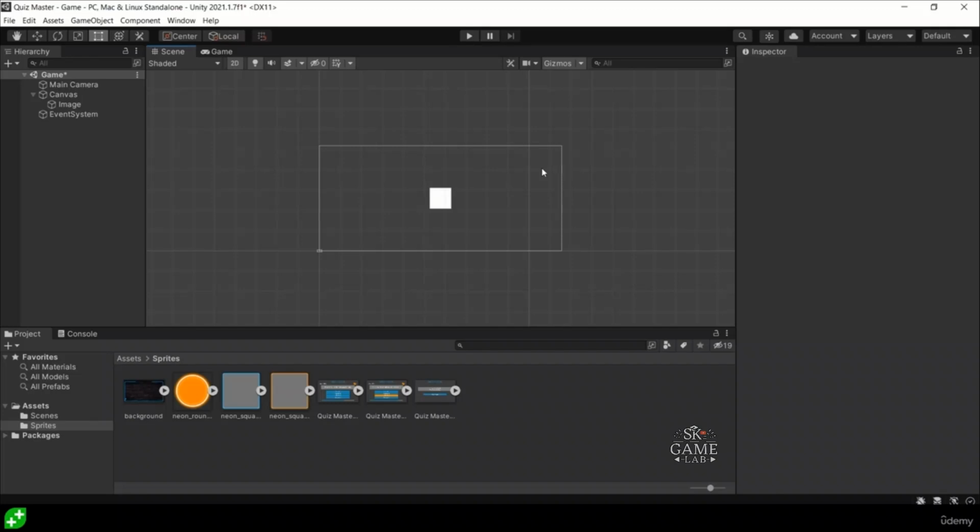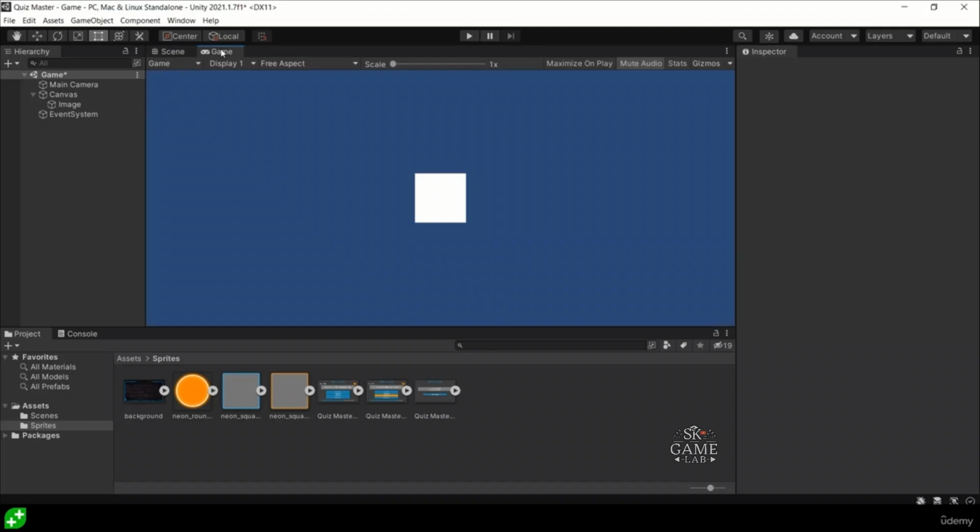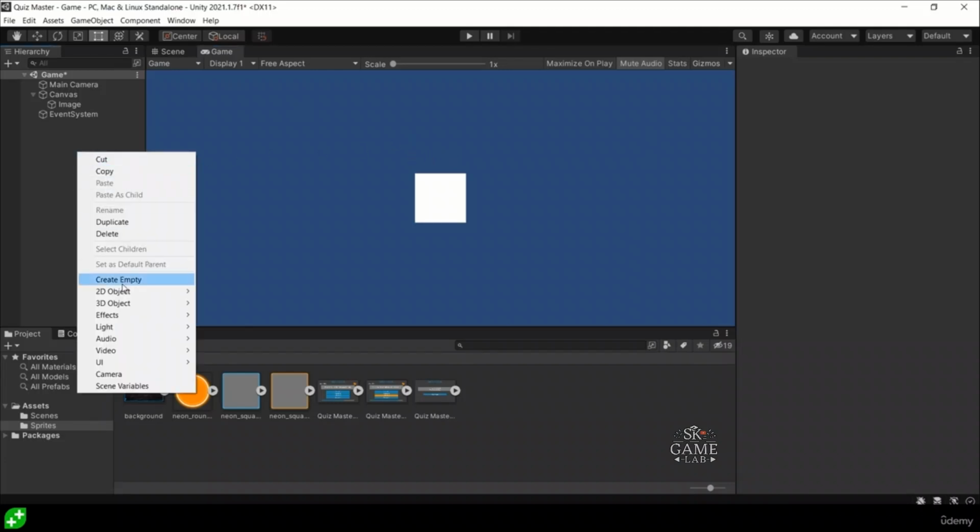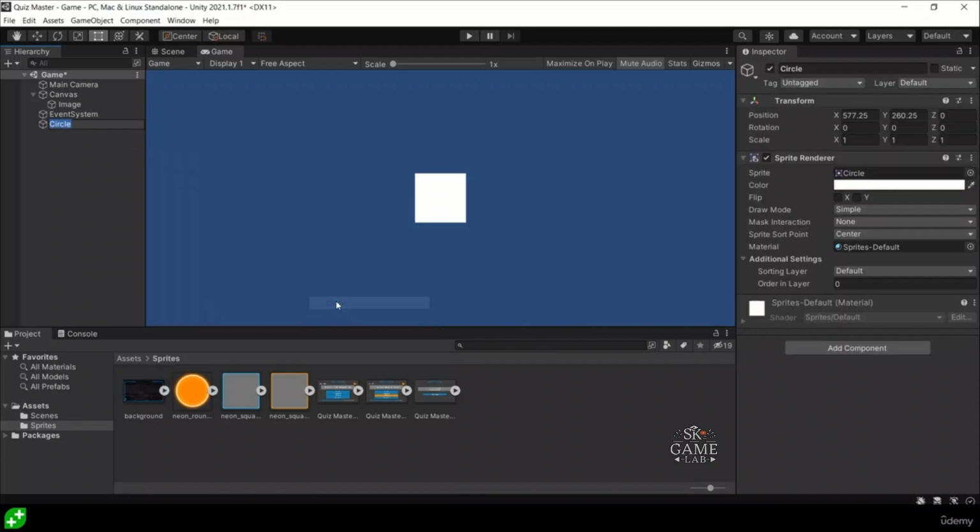But even though the canvas is significantly bigger in scene view, in game view, everything comes together with world space behind the camera, and then the screen space being overlaid on top. And to demonstrate this a little bit better, let's also go ahead and add a sprite from our 2D objects, and we'll just add a circle so we can tell the difference. We'll set the position to be, say, 5 on the x-axis and 0 on the y-axis, and we can see our circle here. And then if we click on the canvas image so we can see the difference in position,